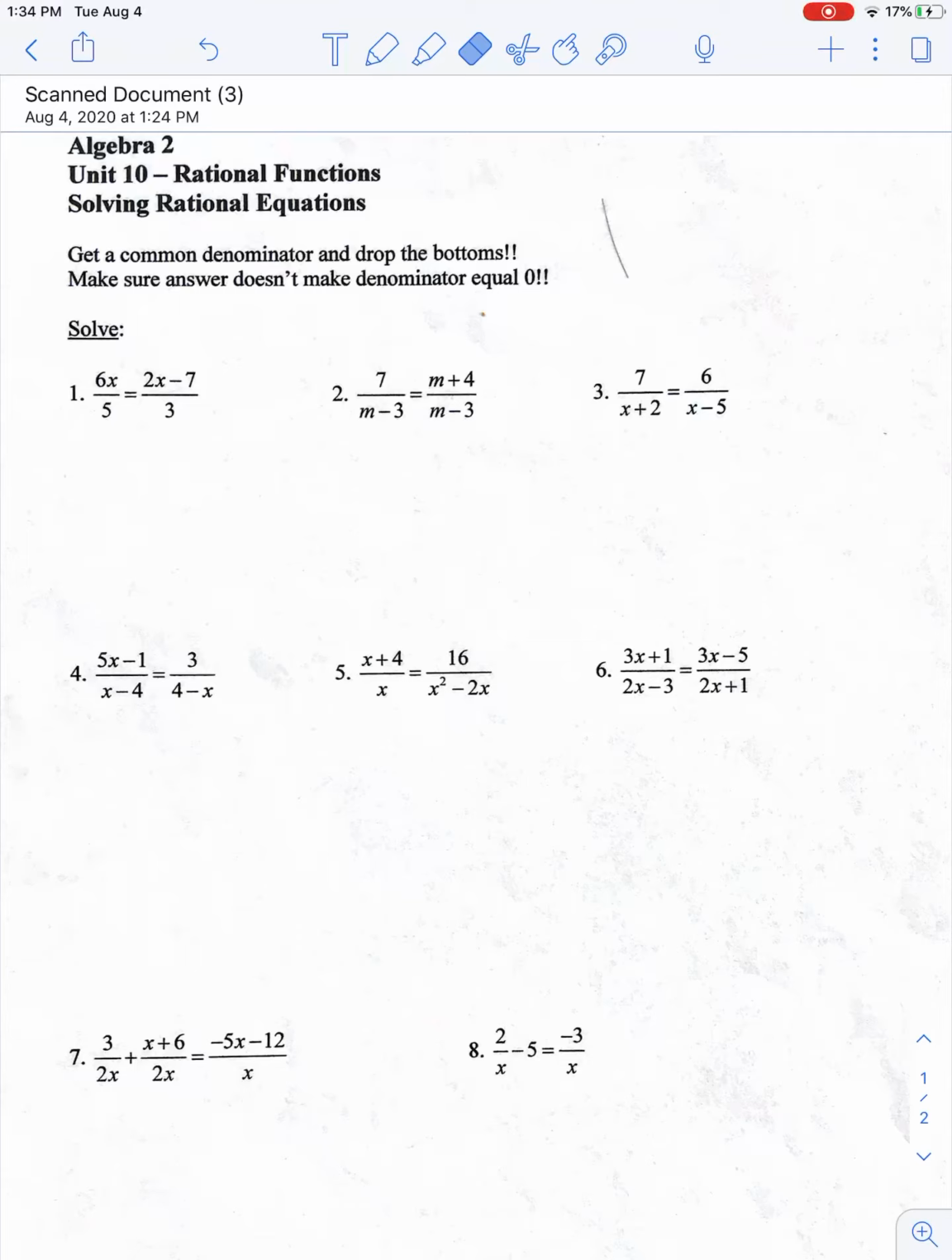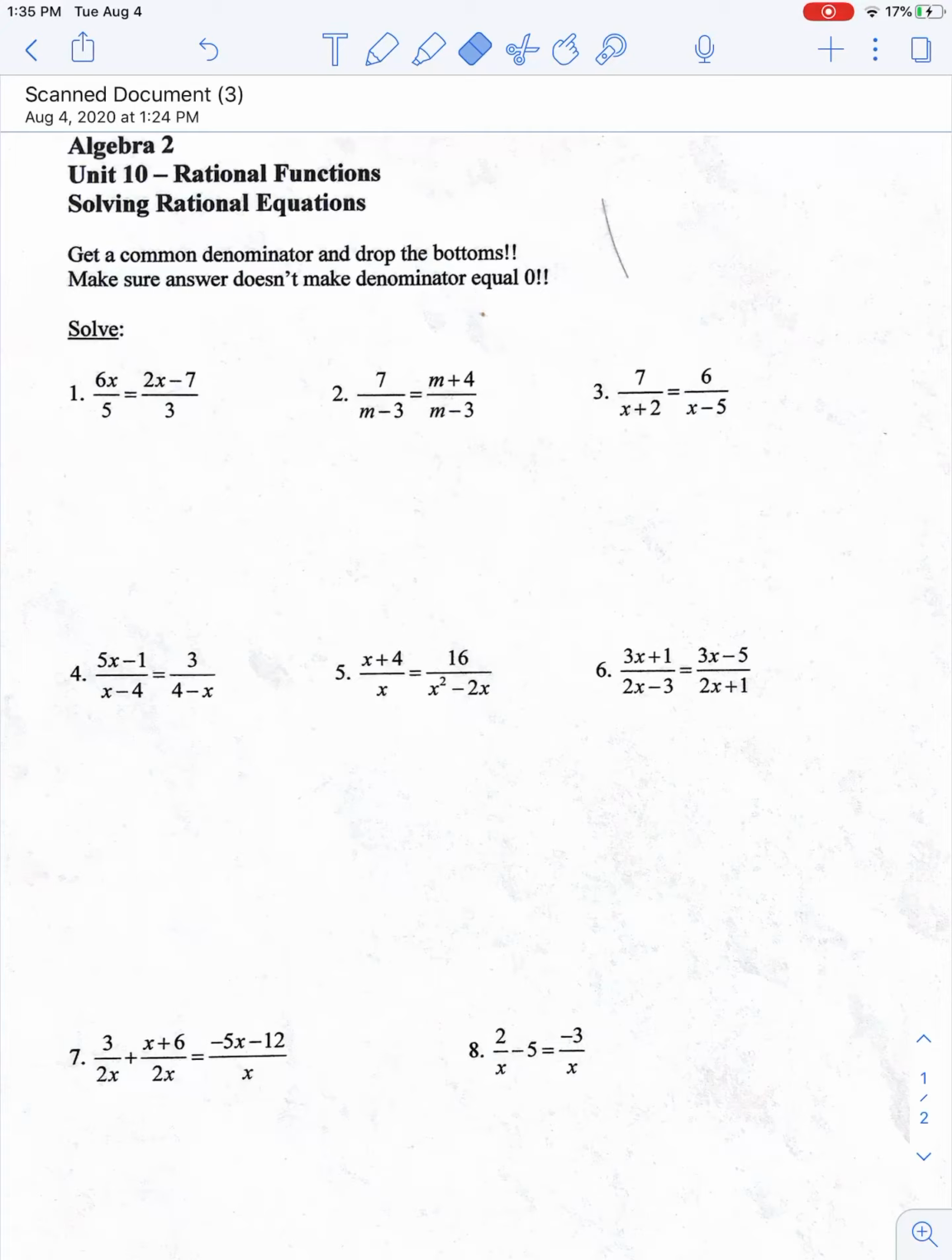So this video is on solving rational equations. And so we're going to have an equals involved, and we're going to be actually solving for an x value that will make the equation equivalent one side to the other. And with these big, ugly, nasty fractions, which are the rational part of the rational equations, you want to continue